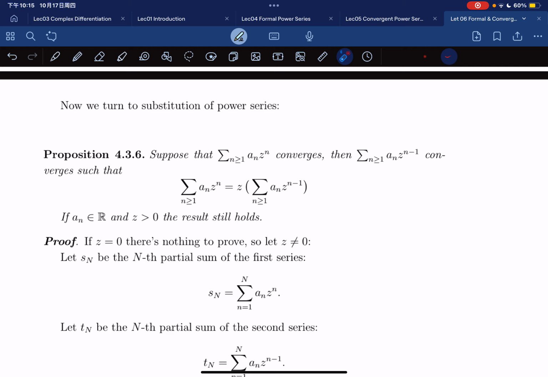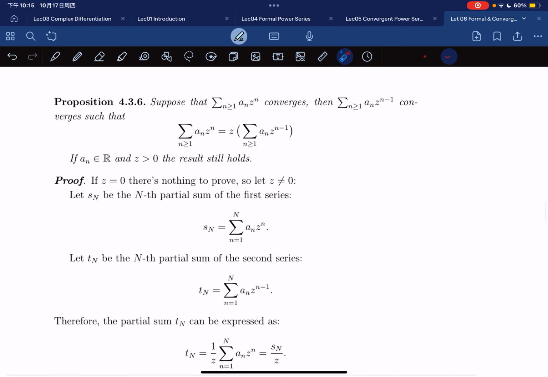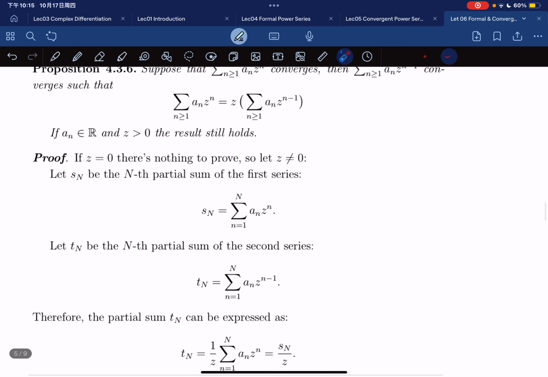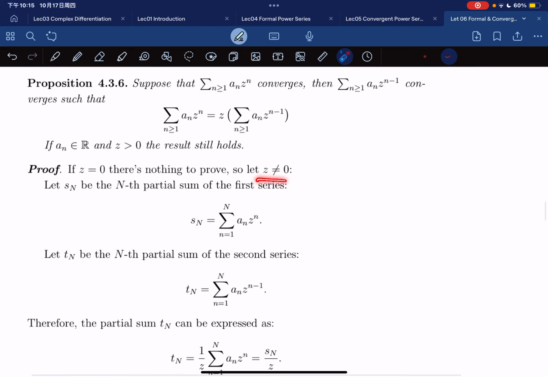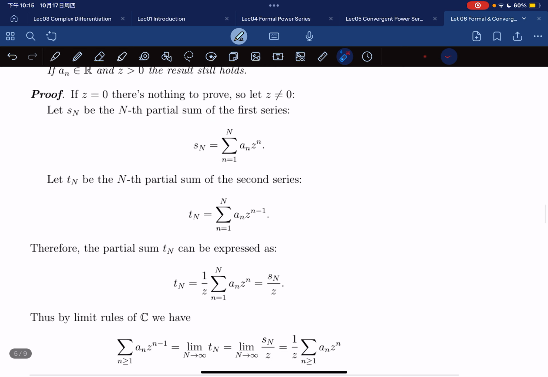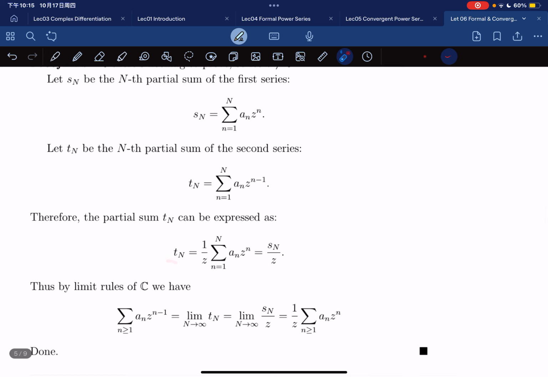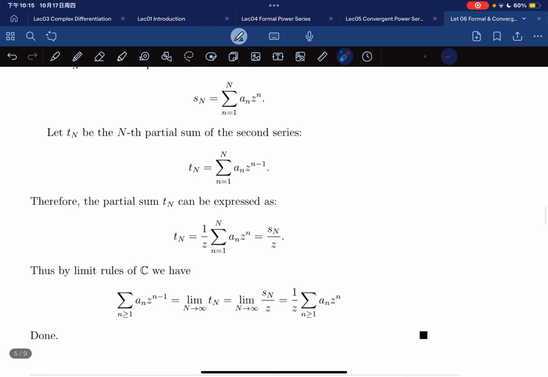So this thing here might just look intuitive, right? Well, I just choose to prove it for the sake of completeness, right? So let's suppose that z is non-zero. Then we have the partial sum S_n, and we have the partial sum of this, which we denote as T_n. Then T_n and S_n are related by S_n over z, right? So by the limit rules in C,